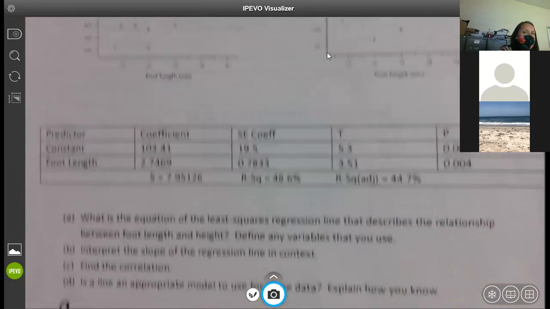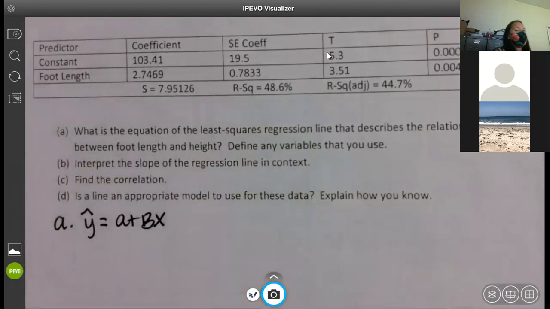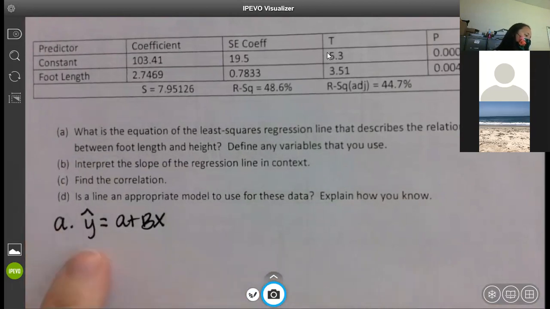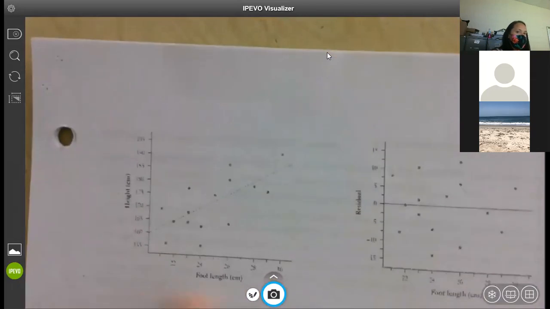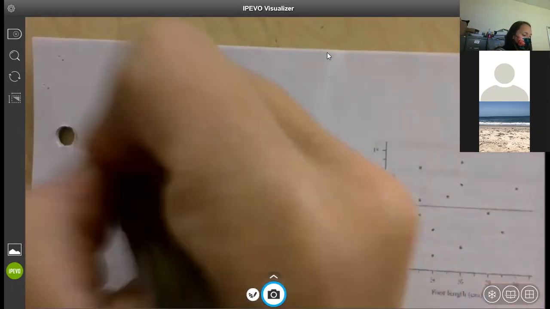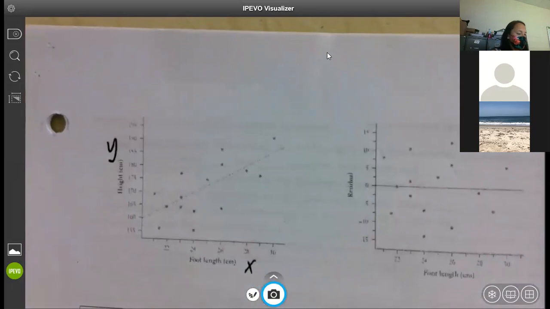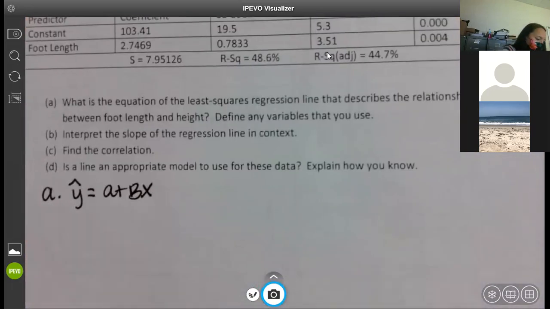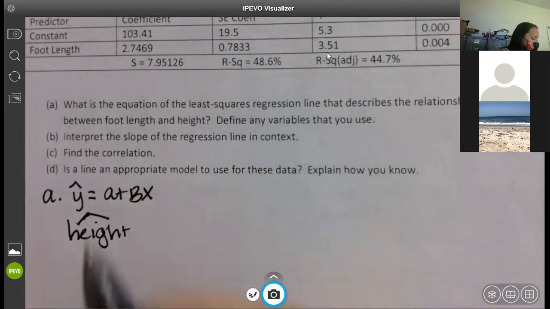So remember that we use the form y hat equals a plus bx. And I told you it's just much easier to go ahead and define your variables within your equation. So that way you don't have to do it twice. So what are we predicting? If you look at your chart, this is your X, this is your Y, or your graph, this is your X and your Y. So our prediction is height. So our equation is going to start with predicted height equals,